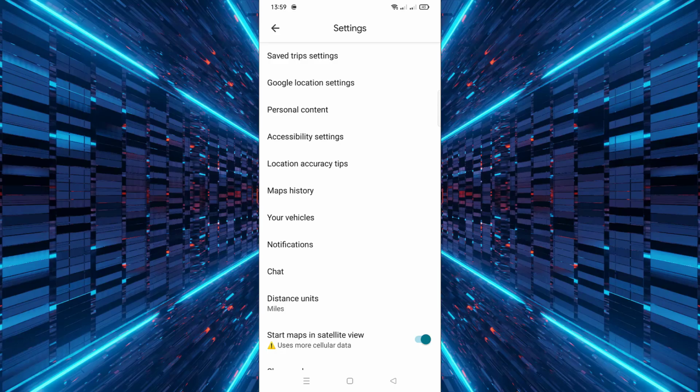By following these steps, Google Maps will always open in satellite view, providing you with a more detailed perspective of